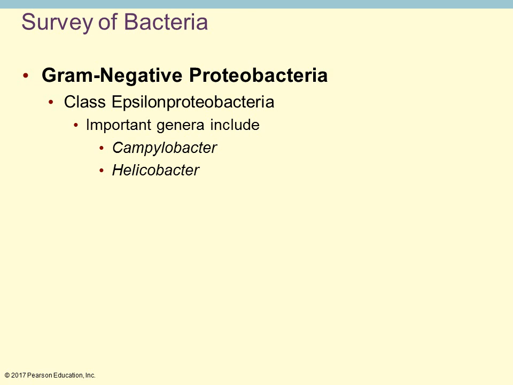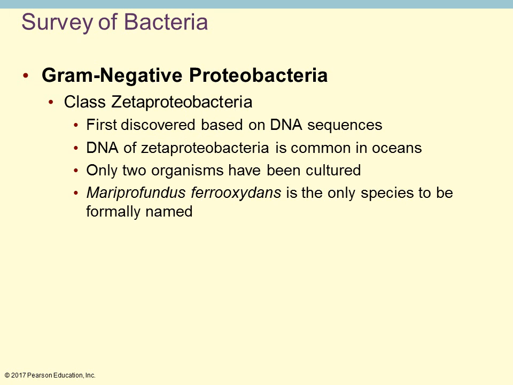In this last group, we have Campylobacter and Helicobacter. And then an additional family where we have the Proteobacteria. Only 2 organisms have been able to be cultured. They're commonly found in the ocean. It's hard to culture